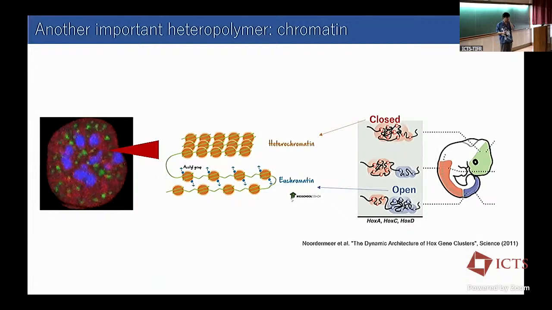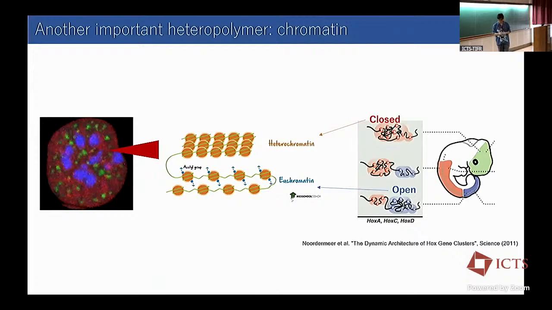So this is related to the previous talk as well. If you look at the whole geometry of the different cell types in our body, the cells basically have the same genome, but they have different gene expression levels. And inside the dynamics, one of the underlying variables will be the chromatin structure. So there's a lot of biophysical and biological interest in trying to understand the 3D structure of